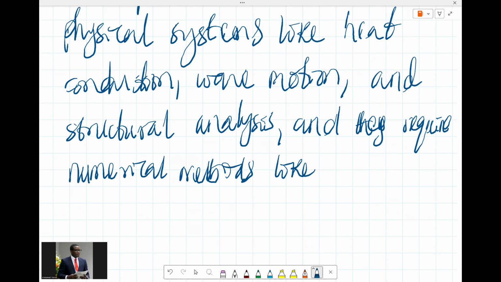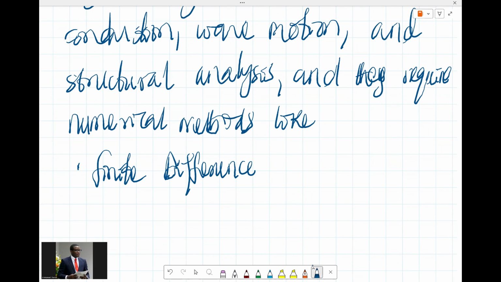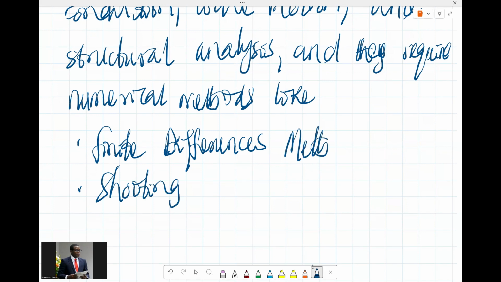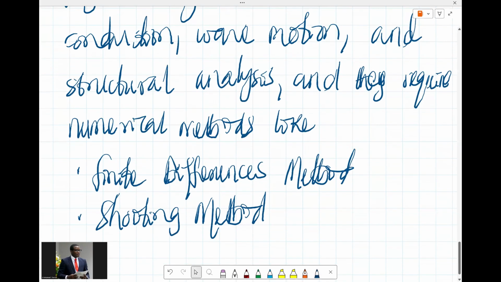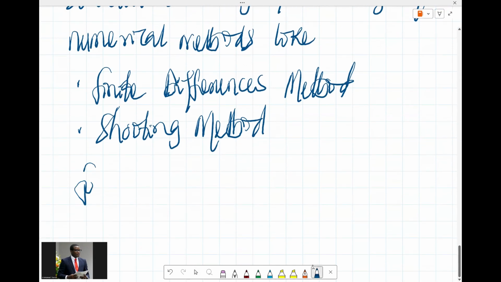We are going to consider these too. You have finite differences. The first time we mentioned finite differences was under numerical differentiation. So finite differences are really useful in this situation too. And we also have what we call the shooting methods. So you have the finite differences method, and then you also have the shooting method. They are numerical in nature, and we are going to consider the two of them in this playlist. They require numerical solutions for solutions,